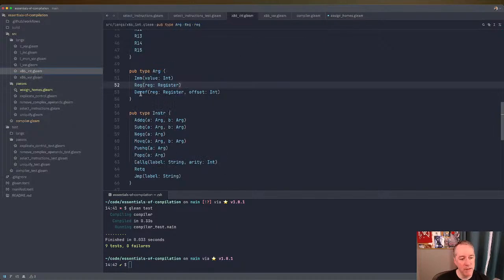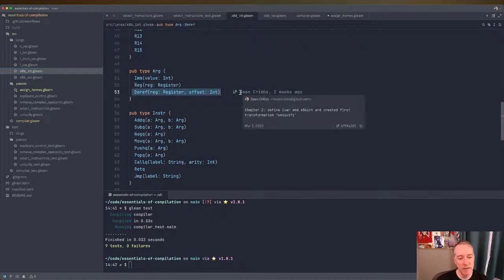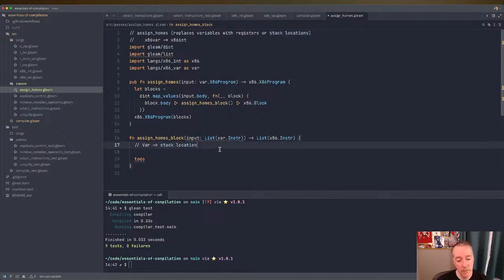It's a deref, right? So we'll construct the arg. So a map of a variable name to an argument. So that's a string. Okay, so then when we encounter that variable name again, we can